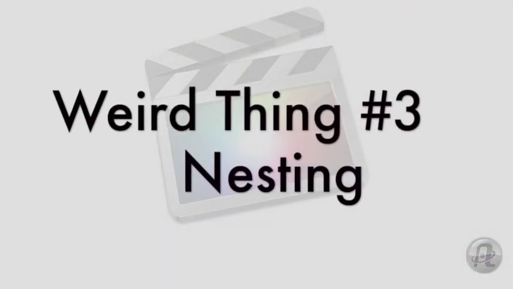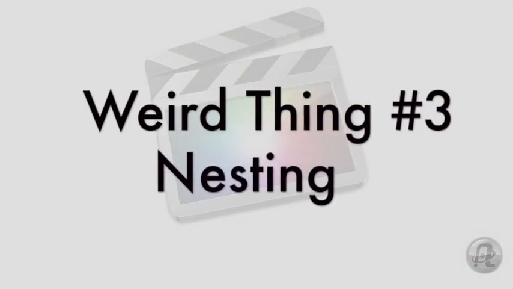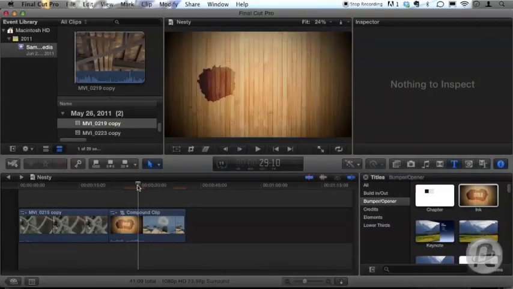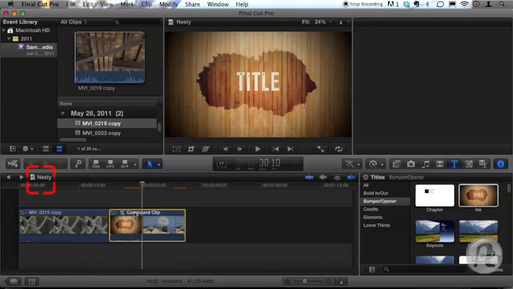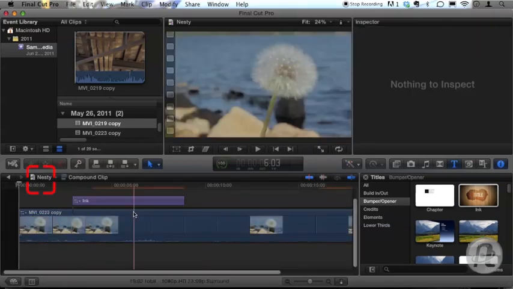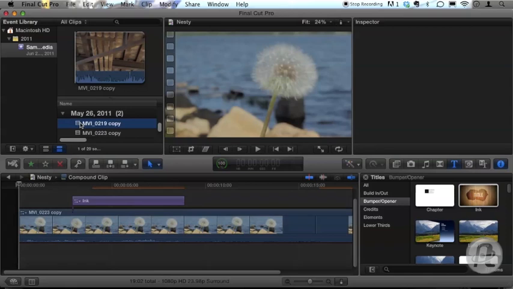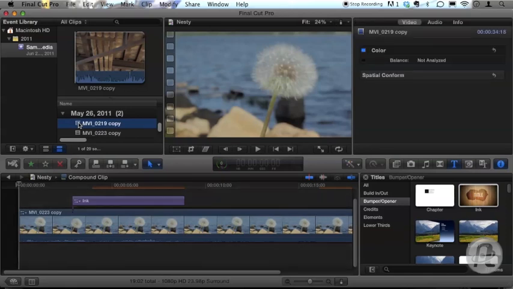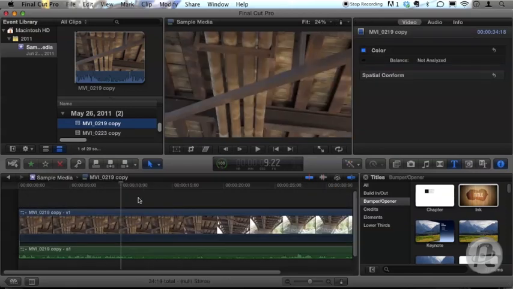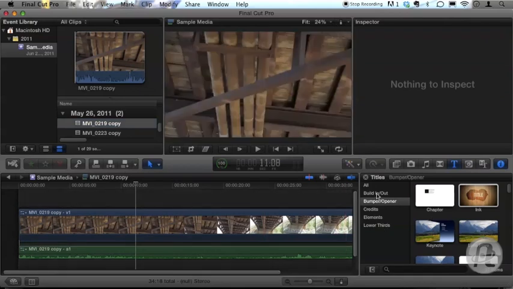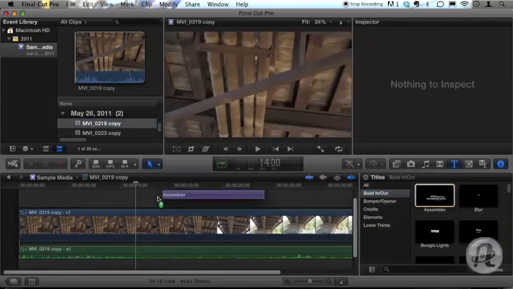The third weird thing is figuring out the nesting. As you'll hear in a minute, I dig the compound clips, and you can use them to really clean up your timeline. But unless you really pay attention to this display in the upper left corner of the timeline, you may end up editing within your compound clip, and if you're all haptic like me and accidentally double-click on a clip in the event browser, instead of opening the old canvas like before, you'll move into timeline editing mode and